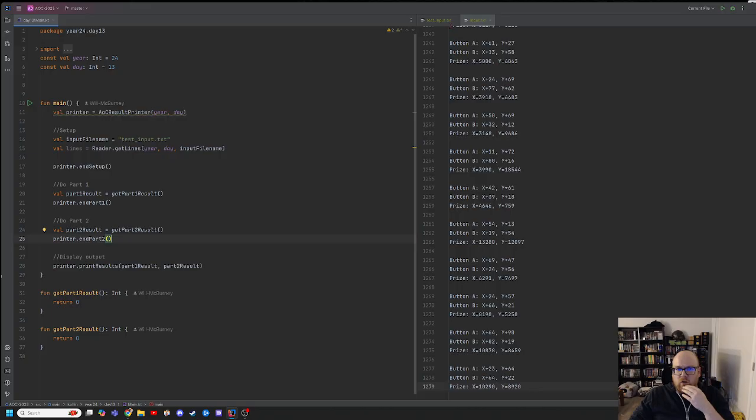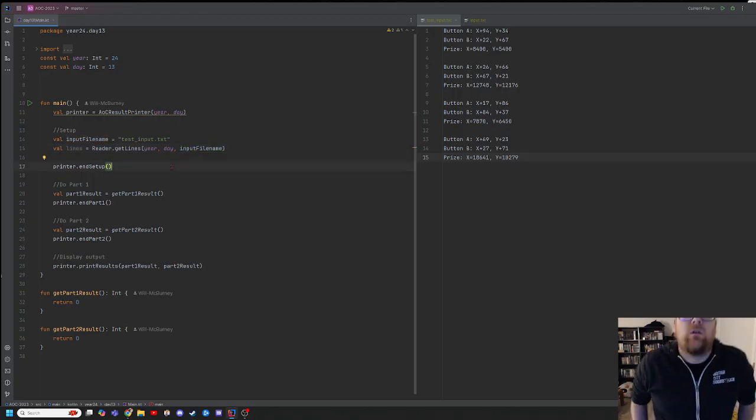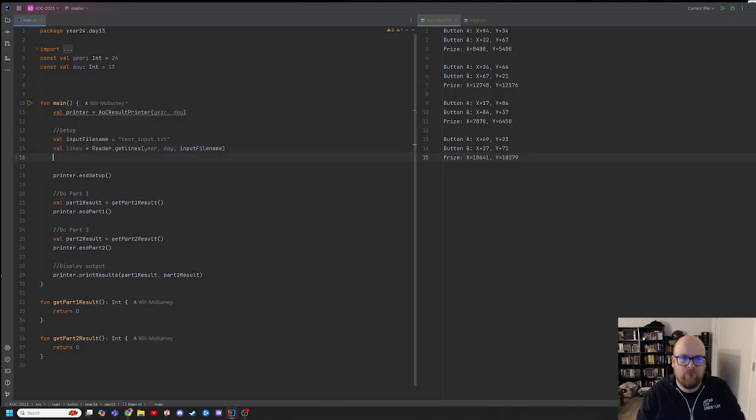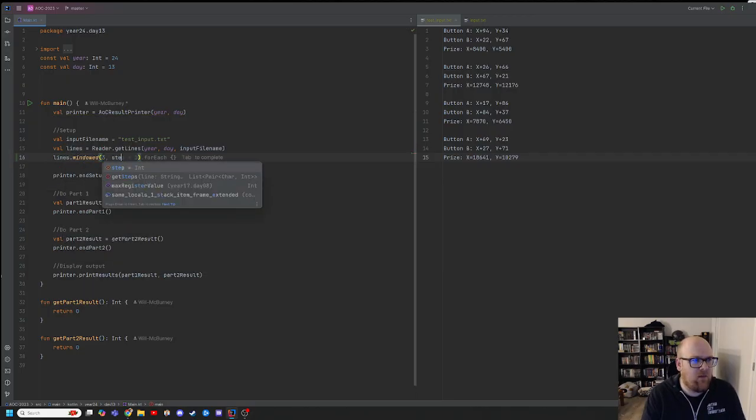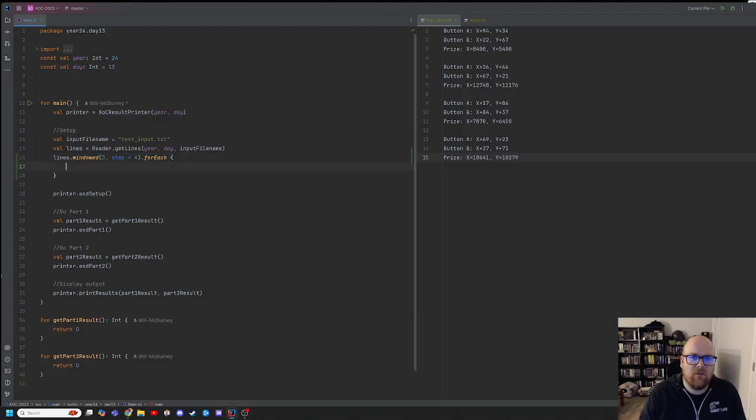We're gonna do a little bit of Advent of parsing right now. So let's go ahead and do that. It's broken into groups of 3 lines. It's going to be lines dot windowed, size 3, step, and it's going to look weird, but step 4. And from there, it's just going to be